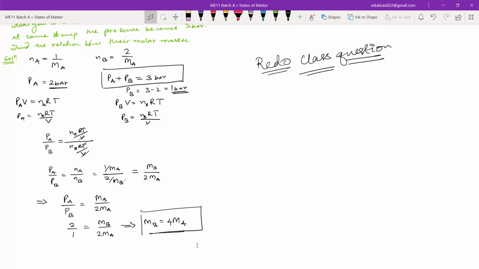I mean, not look and redo. I'm asking that you read the question once, close the book, and then start doing. I will suggest that you write all the questions we have done till now on one page. Then keep it as a question paper and try to solve them on your own. That will be a better way to do it.